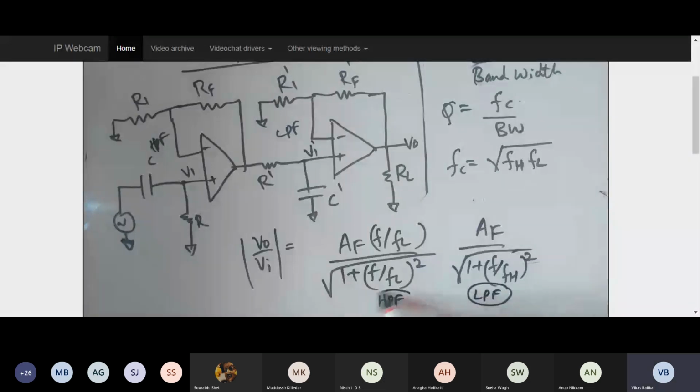And if I club them together, again don't multiply AF and say it as AF square. It is a gain parameter which doesn't have a unit, so it's a unitless parameter, and hence since there are two gains coming into picture in both the equations, I'll take only one gain as the common.